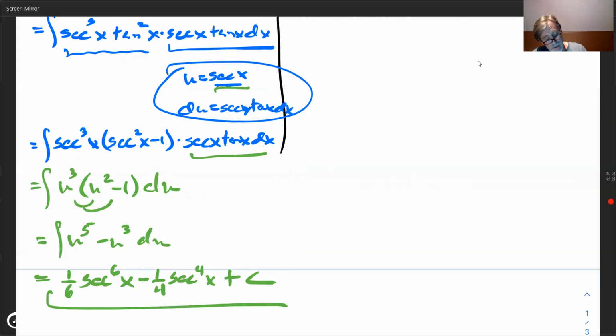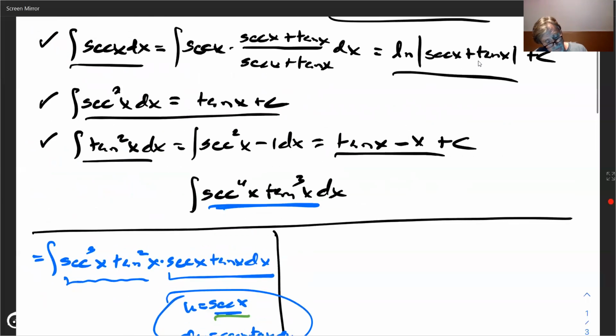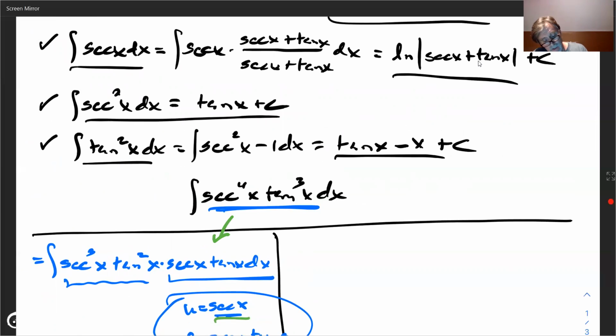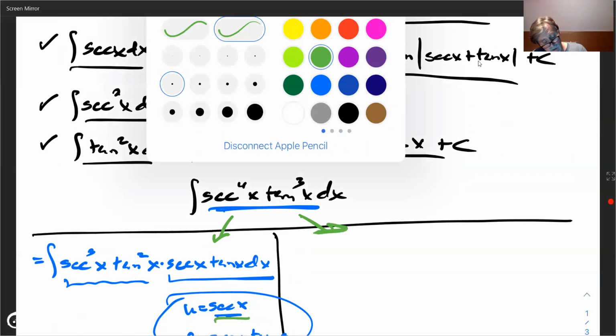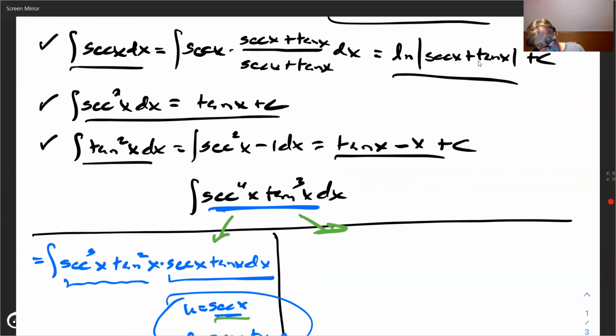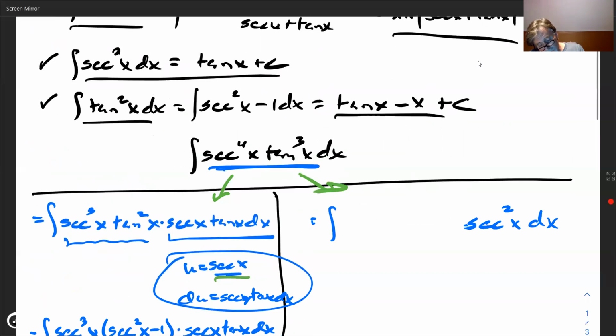Now, if we go up here, this first time we did that substitution. Now we're going to do a different one. We're going to do one that says, hey, how about we do this by peeling off a secant squared? Is that even possible? Because if you peel off a secant squared, what you're anticipating is letting u equal tangent, not secant this time, but tangent. And then du is secant squared x dx. And we hope to get everything over here in terms of